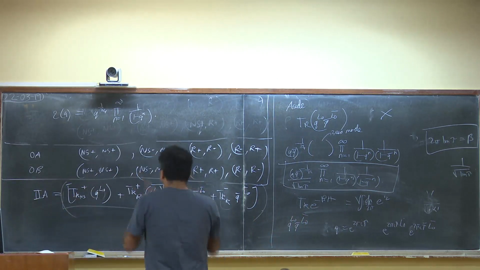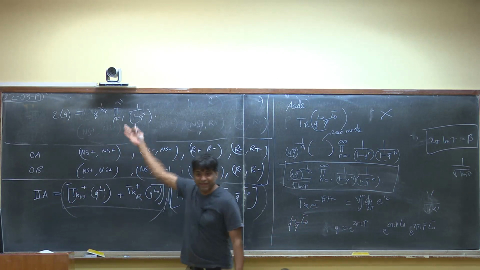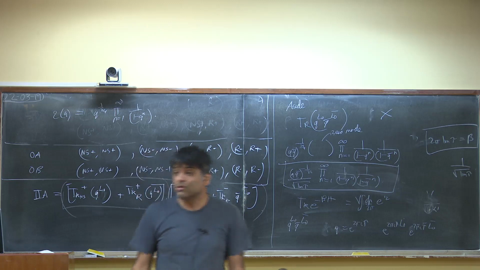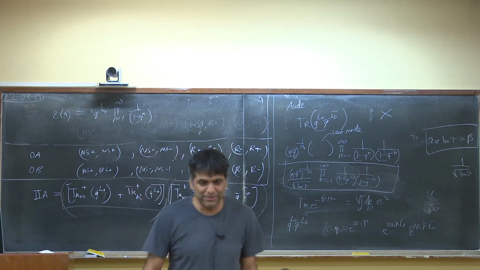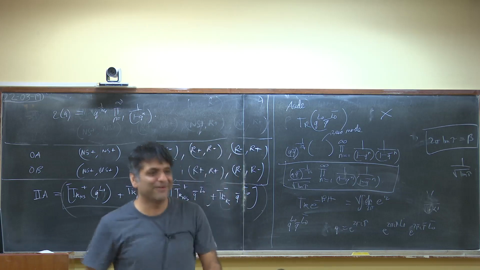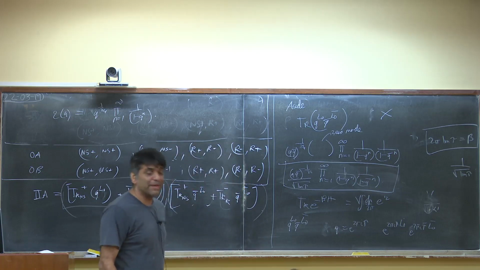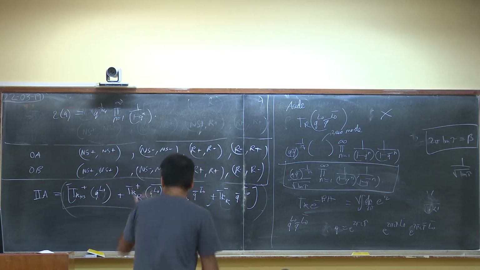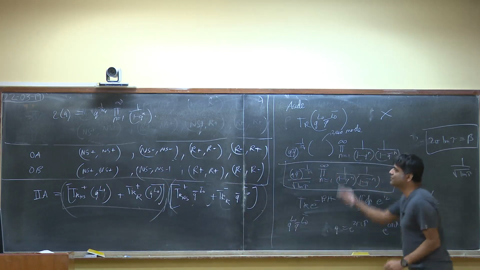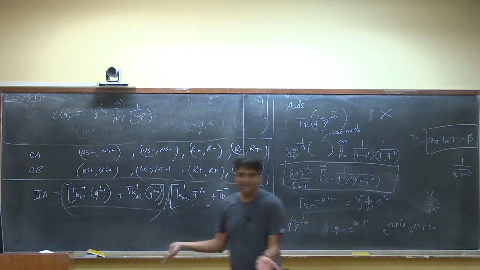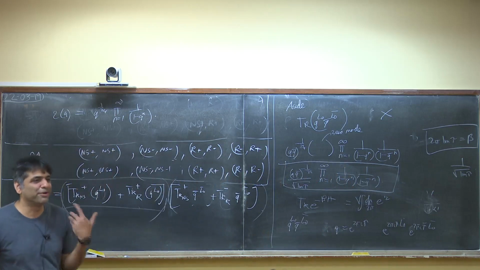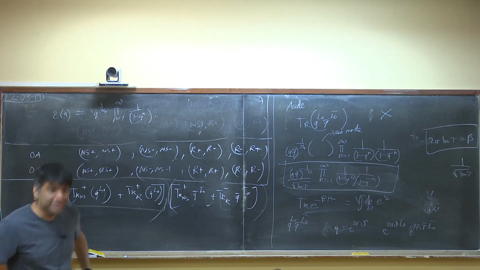Mathematicians, 100, 150 years ago, whenever they were doing this, defined this quantity, and you might think it's curious that they defined it exactly as we wanted, including the q to the power minus 1 by 24. Why is it exactly what we want? The reason is that they were interested in functions that had good modular transformation properties. They observed that this, if you divide by square root of Im tau, is a modular invariant function. It has a modular transformation property that is exactly cancelled by the modular transformation of 1 over square root of Im tau. The 1 over 24 is totally crucial.